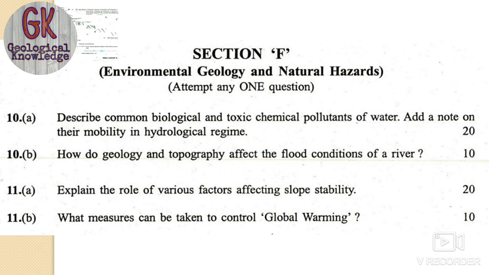And question number 11A, that is explain the role of various factors affecting the slope stability. Okay, so the role of various factors which affect the stability of a slope. Okay, and 11B, that is what are the measures which can be taken to control the global warming. Okay,